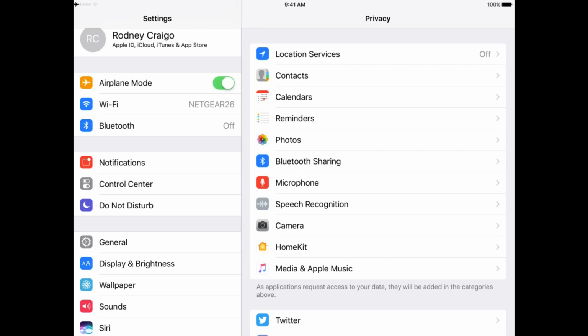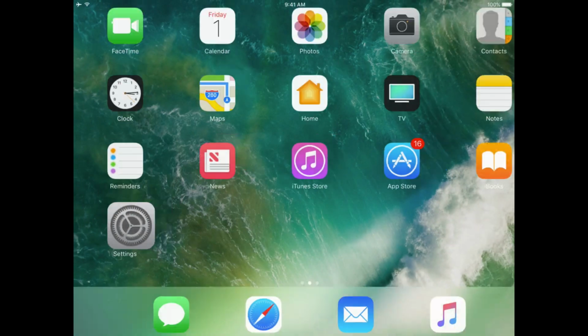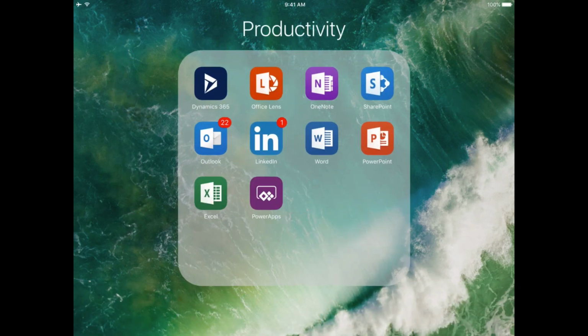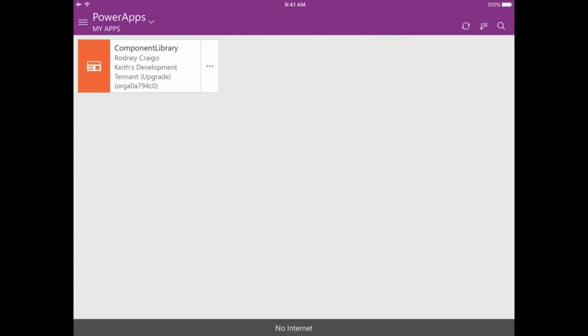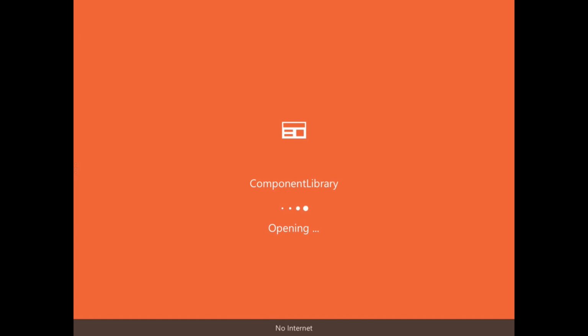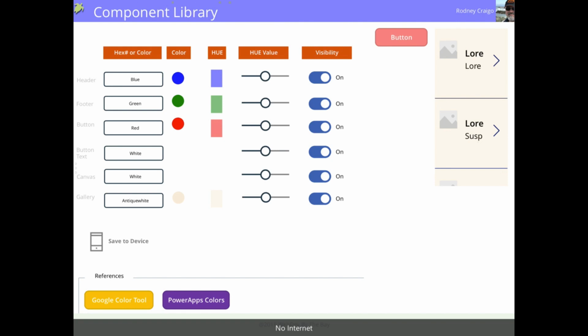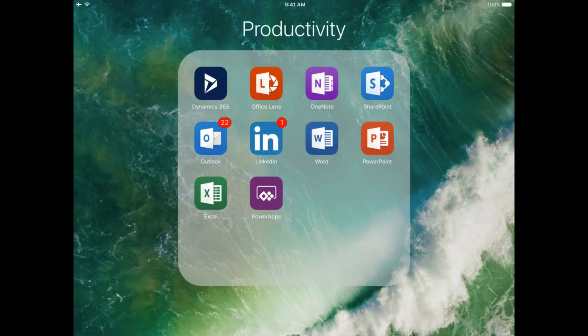So let's go into airplane mode, and then let's go back to Power Apps, and launch the application one more time. And you'll see the save to SharePoint is not even visible. It's not there anymore.